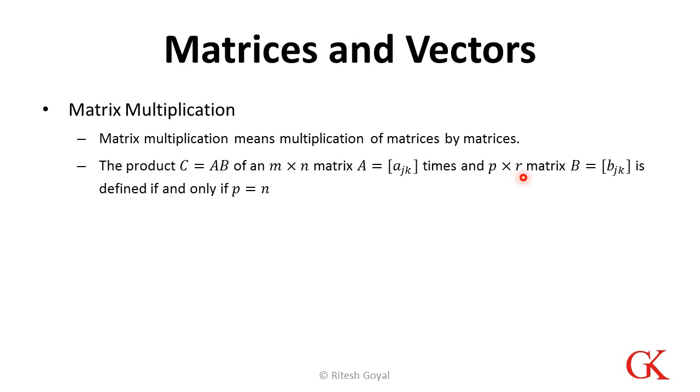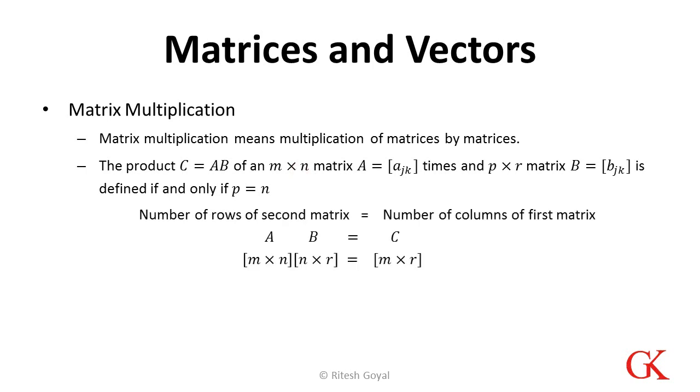And when we multiply these two, the first and foremost condition for multiplication to happen is that the number of rows in the second matrix should be equal to the number of columns in the first matrix. What we said, number of rows in the second matrix should be equal to number of columns in the first matrix. So it's like saying we are having m cross n and n cross r, and this particular number should be the same, then only matrix multiplication happens. And the resultant matrix dimension is basically m cross r. So it's like omitting the two n which should be common. So the multiplication comes as an m cross r matrix.